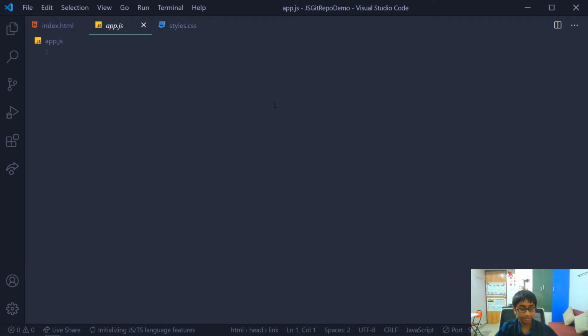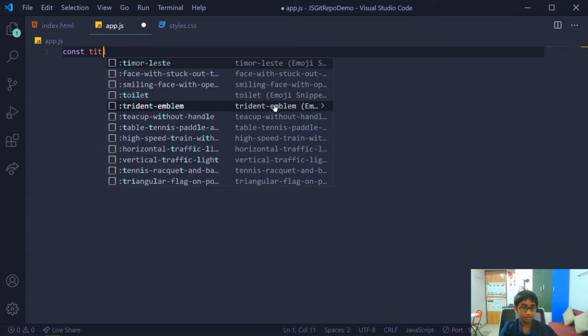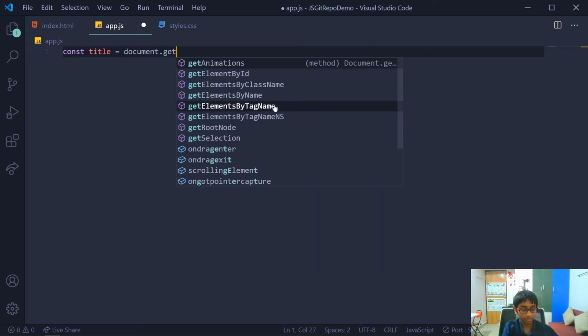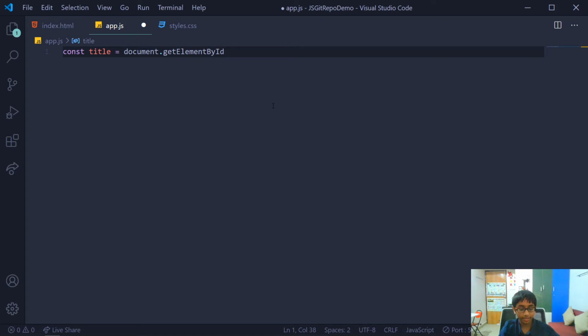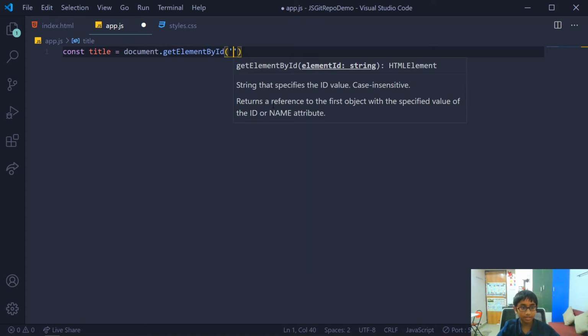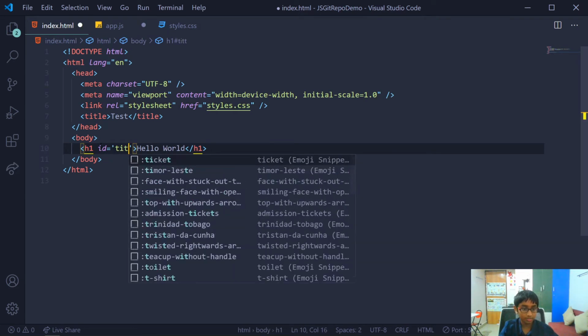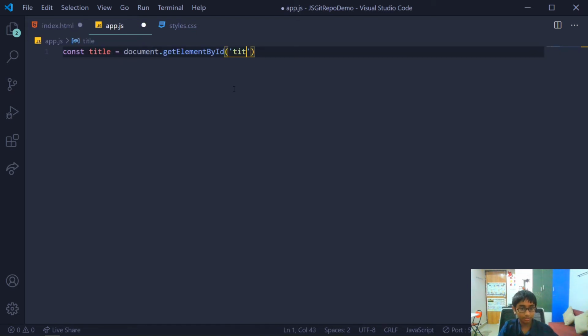And now inside of app.js, you can actually have a selector. So const title equals document.getElementById. And actually let me give this an ID right now. ID of title. Nice. And then I can actually do title.innerText equal to